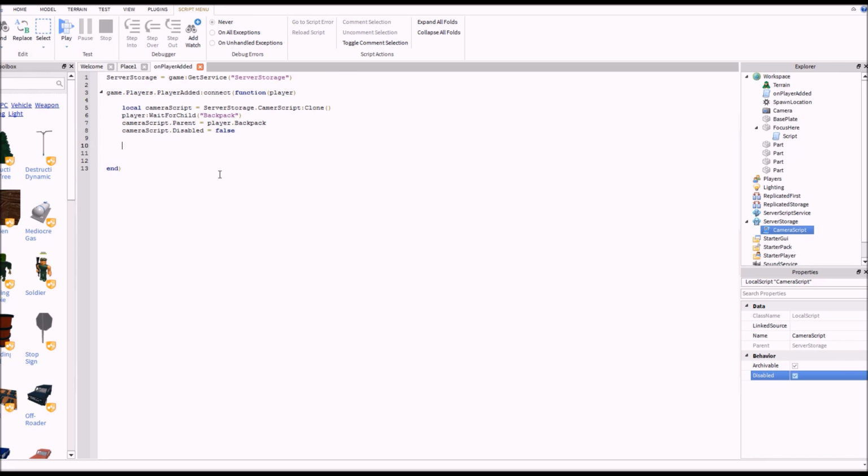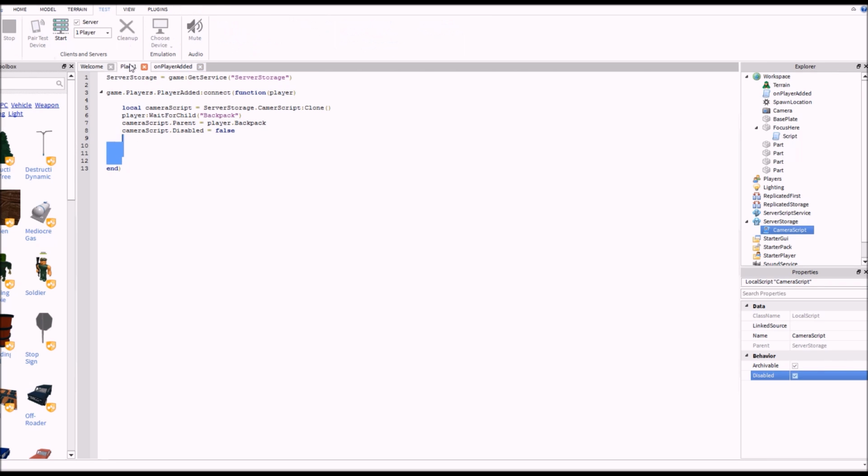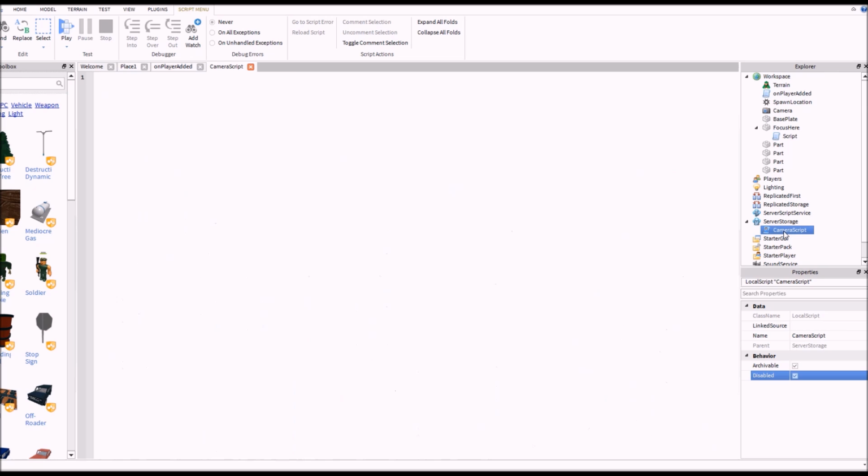Now what I'm going to do is I think I'm going to test it. Actually no, I'm not, because we haven't actually added anything into camera script. It's a blank script. So let's do something with camera script. So cam equals